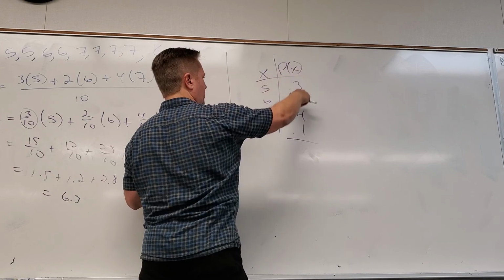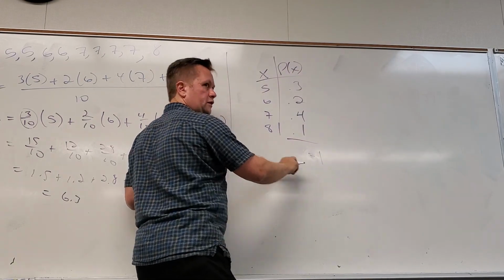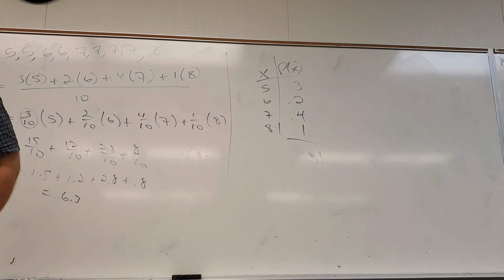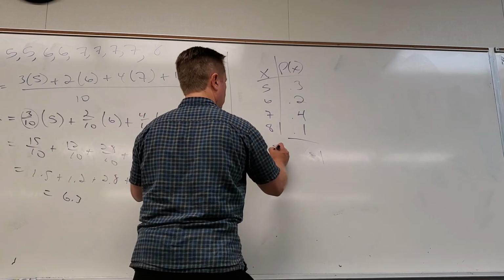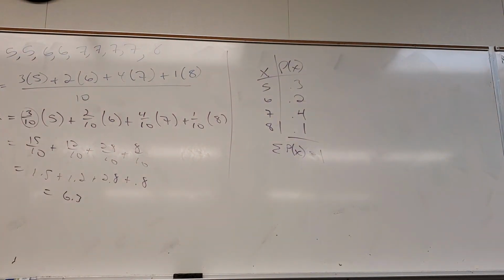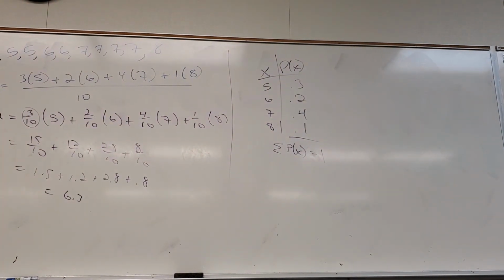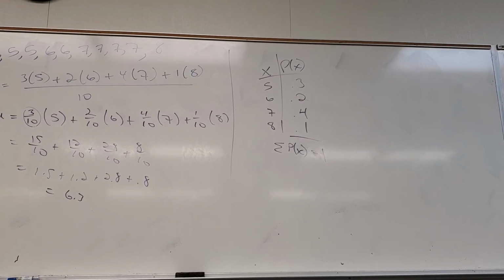What's got to be true about this? And how would you represent what we just did in symbols? What did we just do? We just added up the p of x's. Well, what symbol means add up? It's like sigma, right? Can we stop for a second? That's the thing we knew forever. We know that we add all the probabilities, it's got to be 1. Or close to it in case I round it somewhere, but